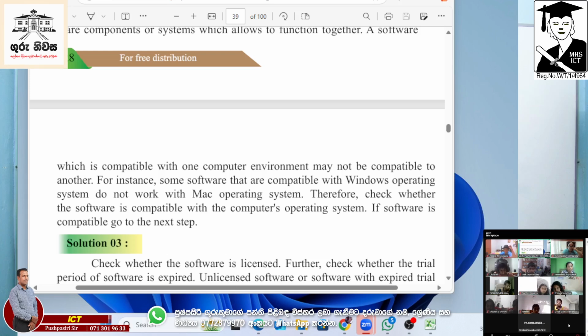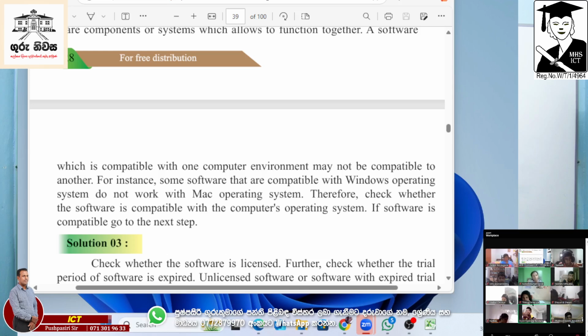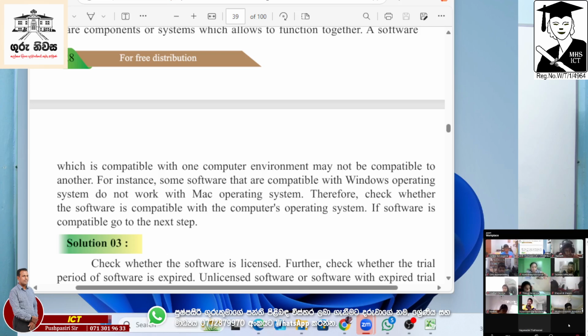Dion, what we did? Sir, when we are troubleshooting the software problems, first we have to check the computer software type. That means we have to check whether 32-bit or 64-bit, because sometimes some softwares work only with one operating system, and then that same software does not function in other operating systems. So if we need to use such type of apps, we have to use the relevant software, relevant operating system type.